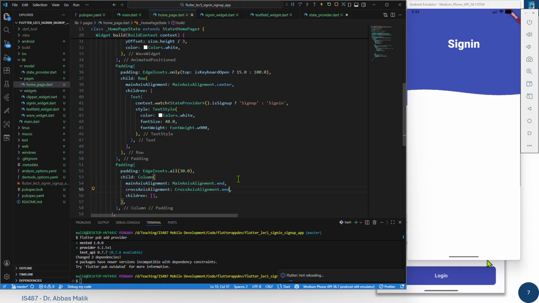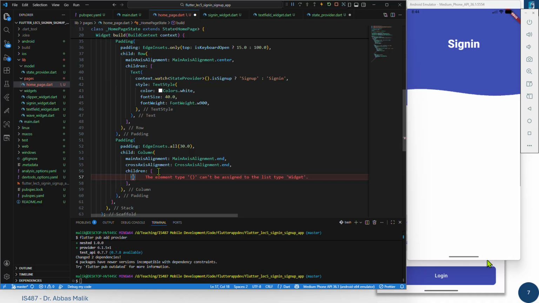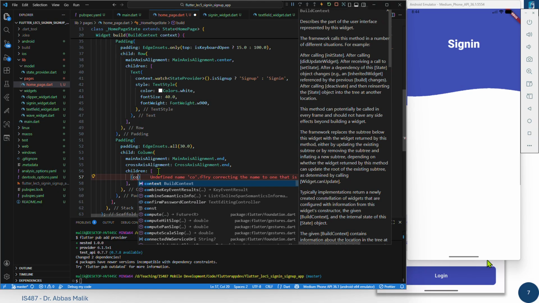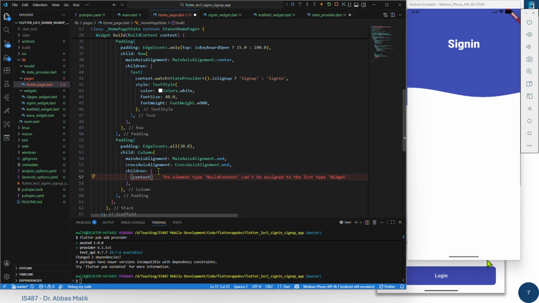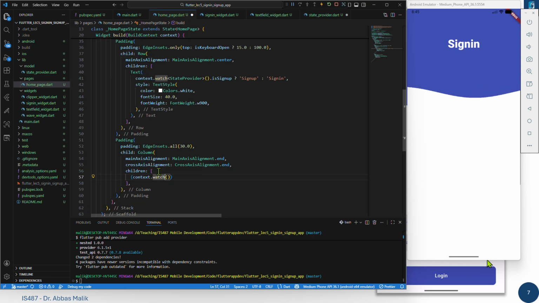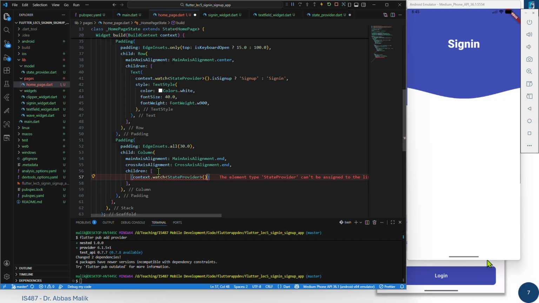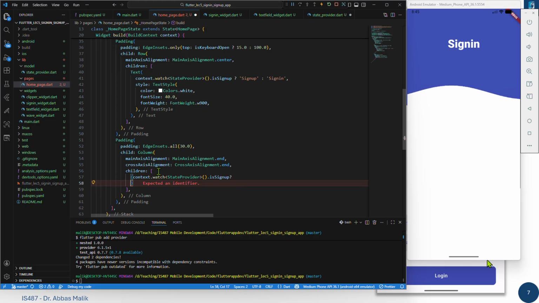So if there is something, it is going to go towards the end, towards the right side of that. Okay, and then here we need to check what we need to check. We want to watch from our state provider, and we want to watch the isSignUp. So if isSignUp, then what we want to do, we want to create a